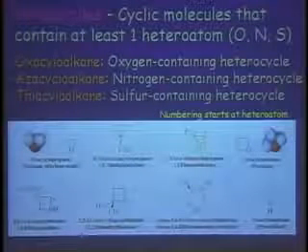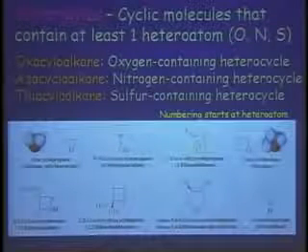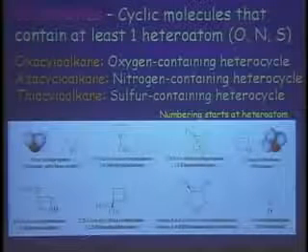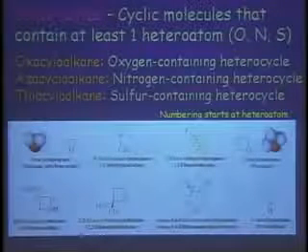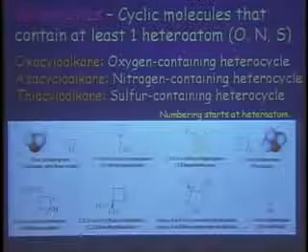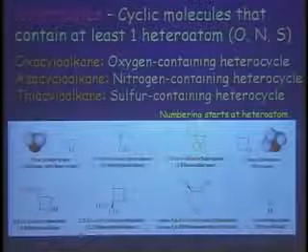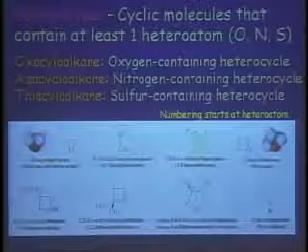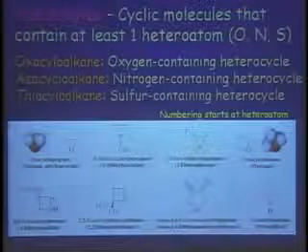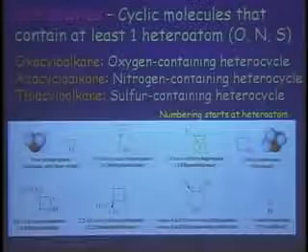Here's a thiacyclopropane. Substituents are labeled with the position that they're in, and the numbering always starts at the heteroatom. Okay, so the heteroatom is atom 1. So this is atom 1, this is atom 1, this one's 1, and so fluorine in this compound is at position 2. So this is 2-fluorothiacyclopropane, and if it had stereochemistry indicated, you would have to label it R or S.